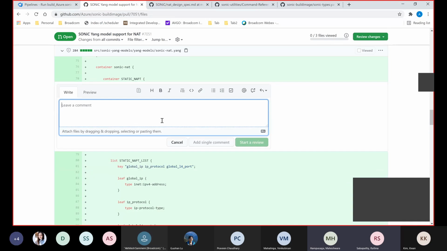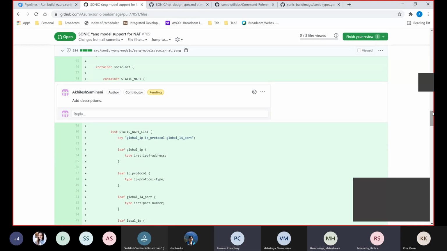So what is the method for putting it into types? Is it the common types? If you put something like NAT admin mode, that's not common, right? That's specific to NAT. The intention of the common types is that multiple YANGs can use it. So this value is enable disable for admin mode, right?